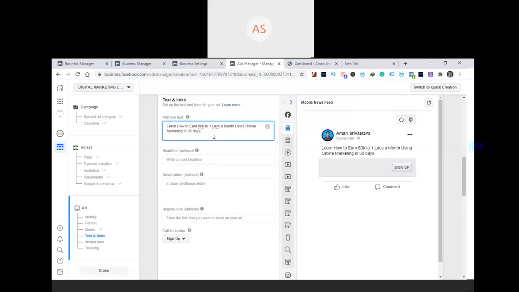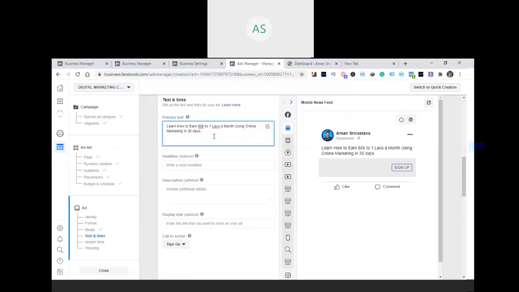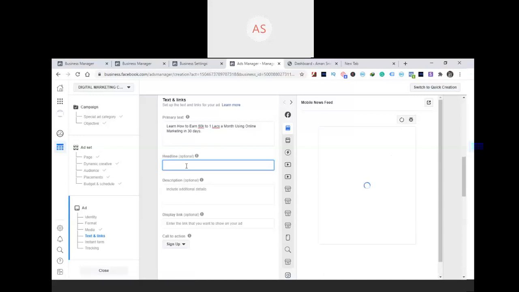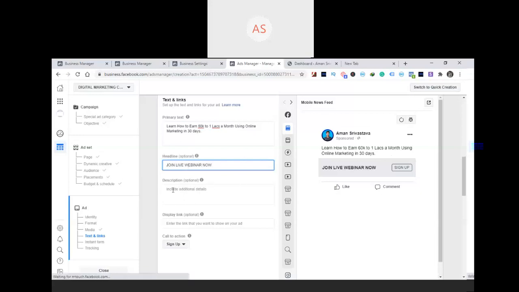So this is my primary task, and I'll just write my... this is the headline which I can choose. Or for example, if I want to generate leads for a webinar, okay. So that webinar, I'm just pitching for a webinar in which I want to share our digital marketing course for beginners. Okay. So the headline will be: join live webinar now. Okay. And description, I can include,